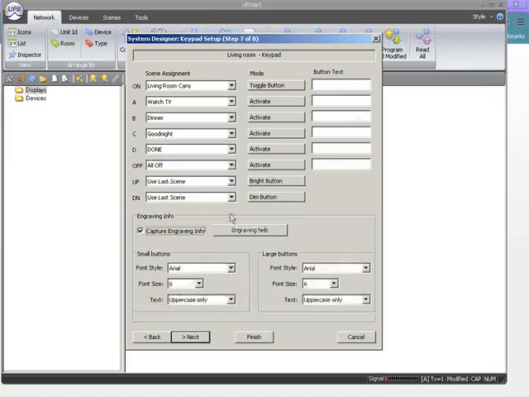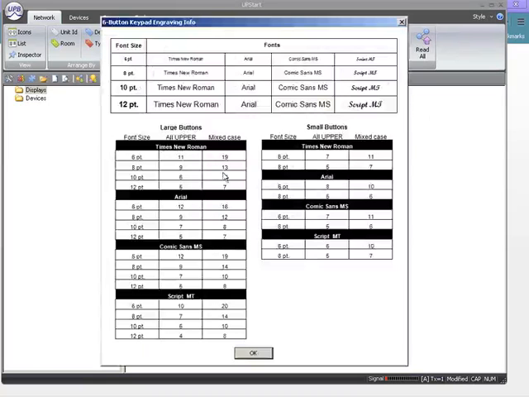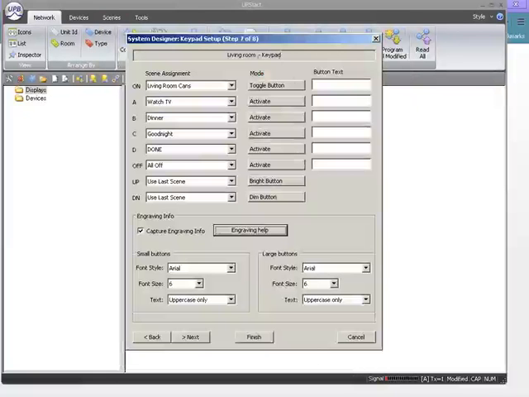Now, we can capture the engraving information here on this. I can choose what font I want, what size I want, what text I want. And engraving help gives us a little window to kind of give you, if I'm using what size, how many characters I can have on this item. I can also, over here, fill in the button text of what I want it to be. And on this one, I'll just fill this in. And I can move on to my next